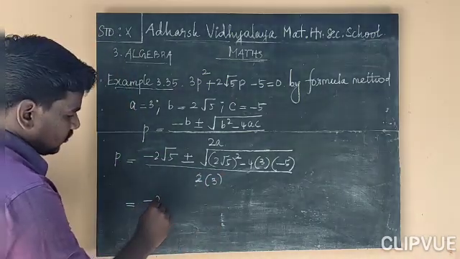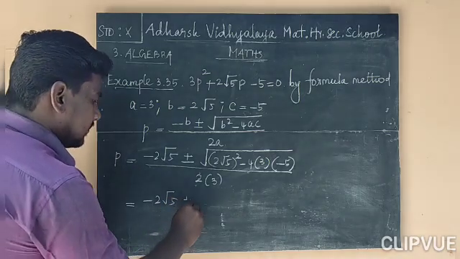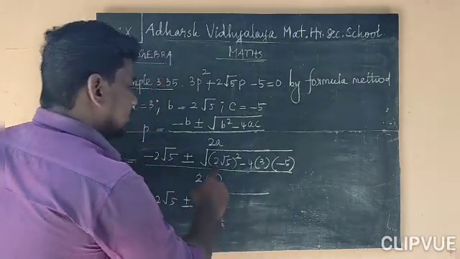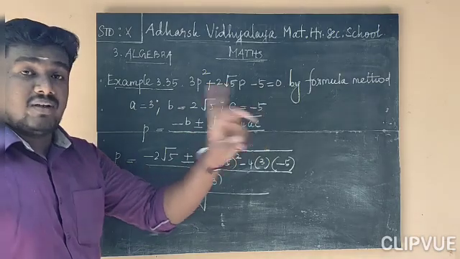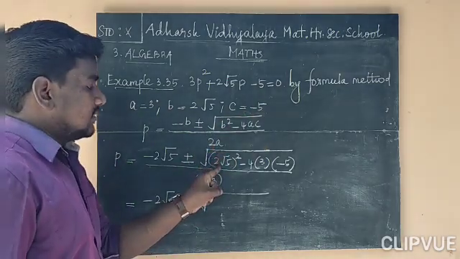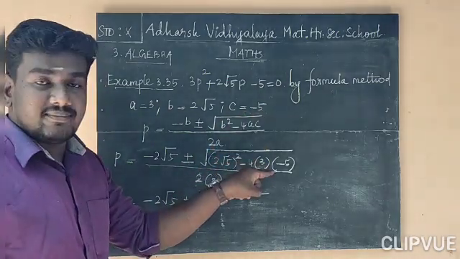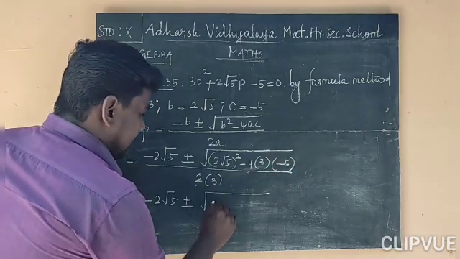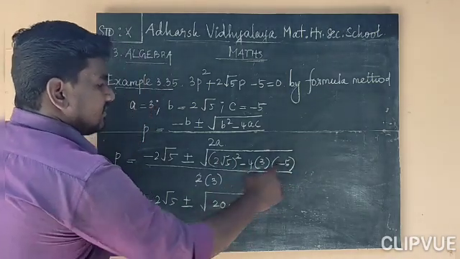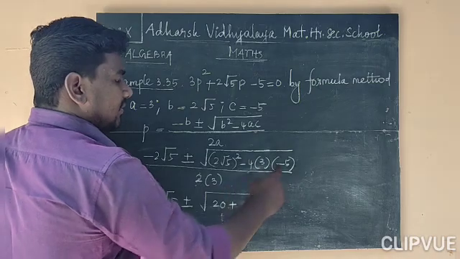So minus 2 root 5 plus or minus root of 2 square value 4, root 5 square value 5, you know that. So 2 square 4, root 5 square 5, 4 into 5 20, minus into minus plus, 4 into 5 20,